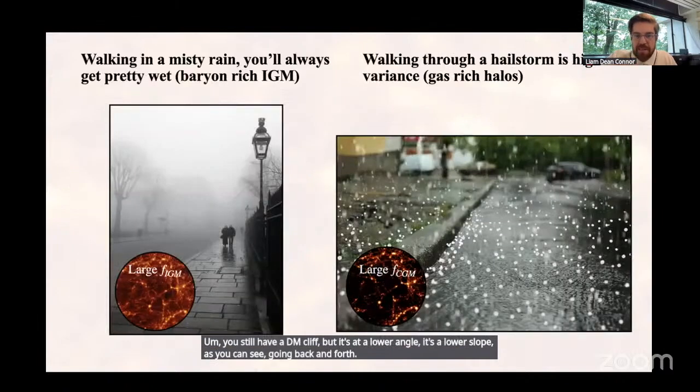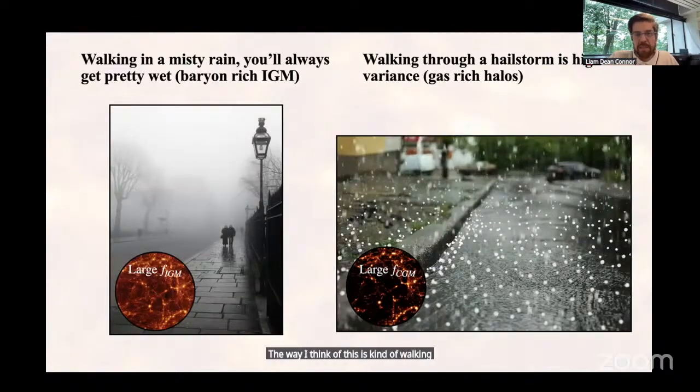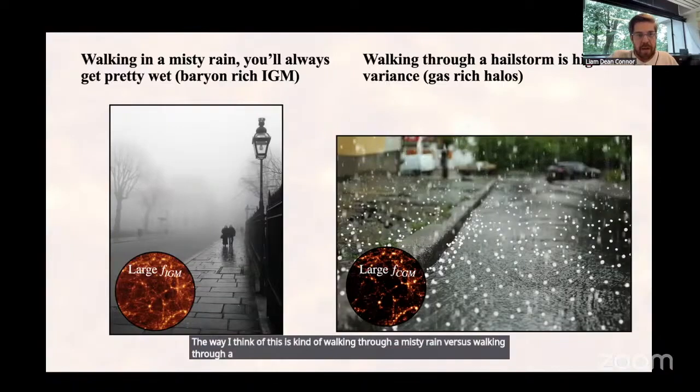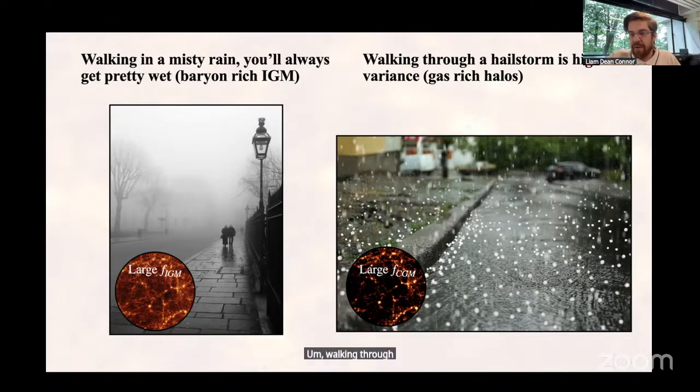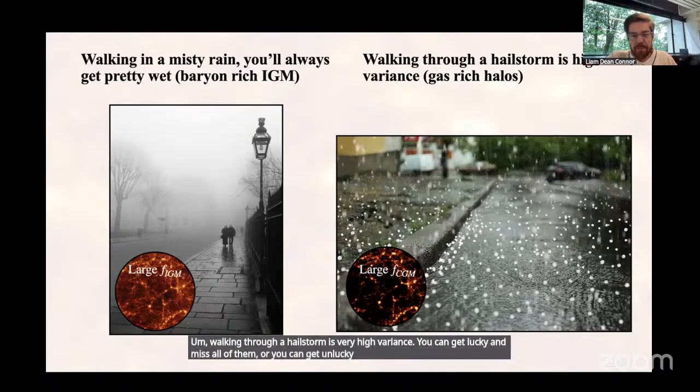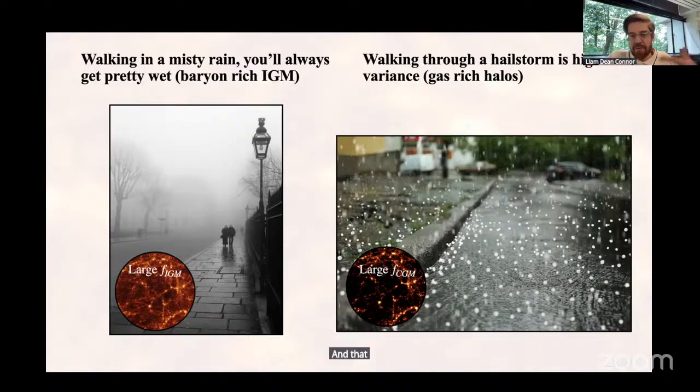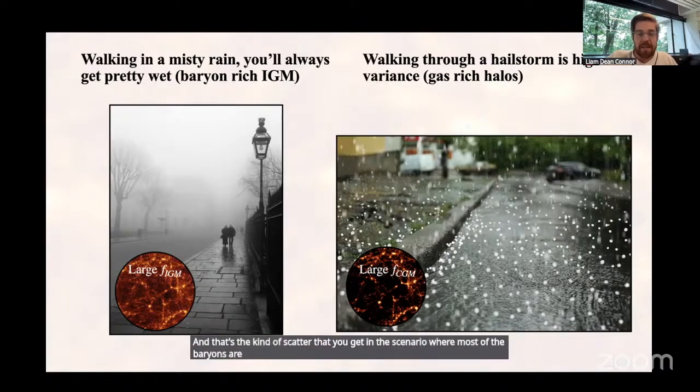The way I think of this is kind of walking through a misty rain versus walking through a hailstorm. When you walk through a misty rain, you always get pretty wet, and you get about as wet as far as you walk, right? If you walk twice as far, you get twice as wet. Walking through a hailstorm is very high variance. You can get lucky and miss all of them, or you can get unlucky and hit a really big one. And that's the kind of scatter that you get in the scenario where most of the baryons are trapped in